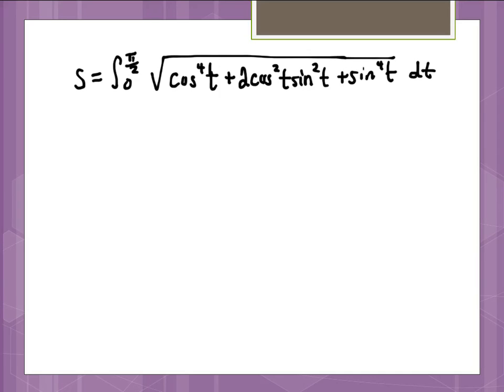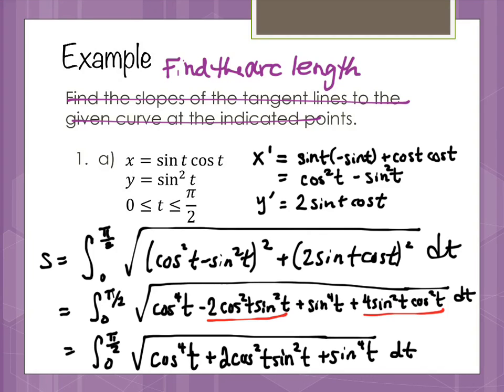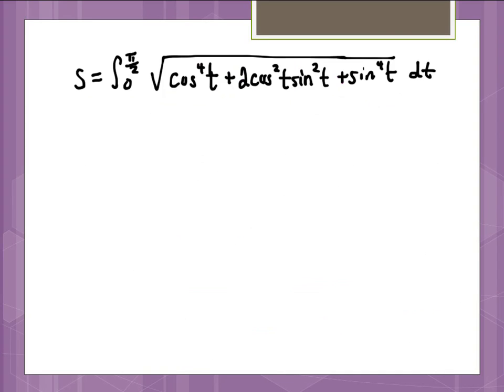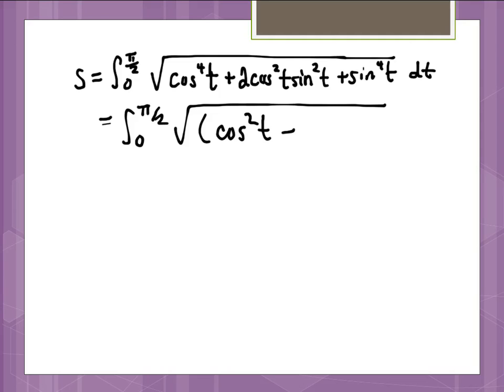Okay, does that look okay? Is that what everybody has? What would you do at this point? I know it looks really messy, but this factors very nicely. Or unfoil, yeah. It looks just like what I got over here, except for what? It's positive 2. So it's going to factor just like it did here, except it's going to have a plus sign. So I've got the integral from 0 to pi halves of the square root of cosine squared t plus